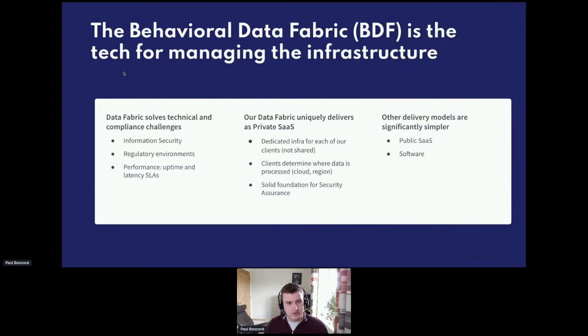The behavioral data fabric that I've mentioned, this is the tech for managing the infrastructure that sits underneath that. So this is what we're referring to as private SaaS. Every single client that we have has a dedicated set of infrastructure, so we're managing hundreds of Snowplow pipelines. And to do that, we need to make sure it's all automated and very easy for us to monitor and maintain that. Of those hundreds of Snowplow pipelines, we have a technical operations team of 5 people, globally